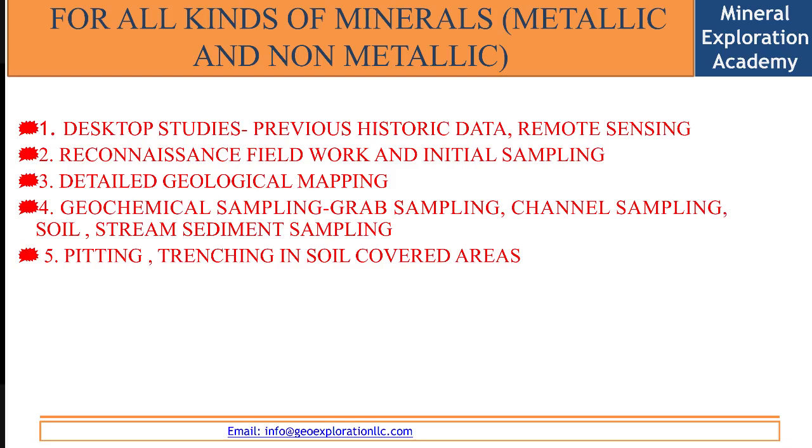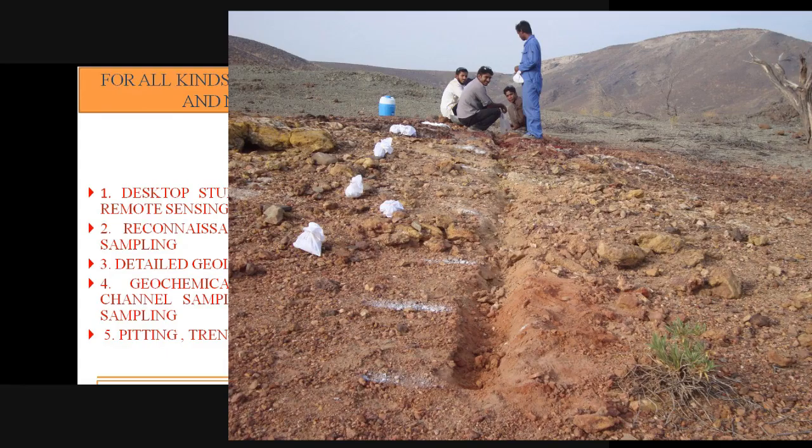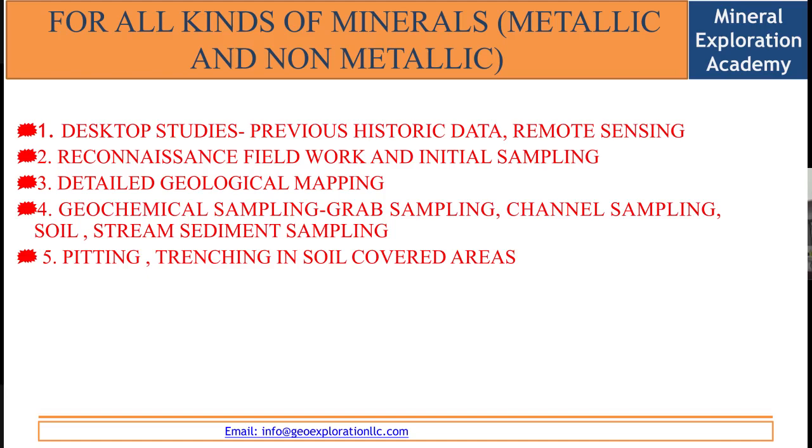Simultaneously we can do the geochemical sampling. There are various types of sampling methods. The fastest is grab sampling, which we can do along with the geological mapping; we can take samples from the mineralized areas. And if we really want to know the extent, we can do channel sampling. We can prepare a channel across the strike of that mineralized area. 2 or 3 channels we can put, and we can sample at 1 meter interval, or 2 meter interval, depending on the type of mineralization and the variation available.